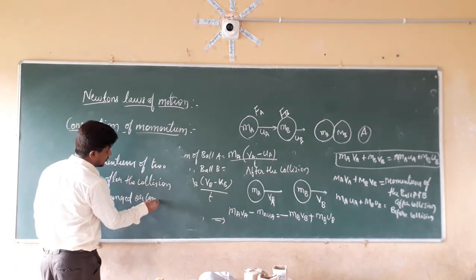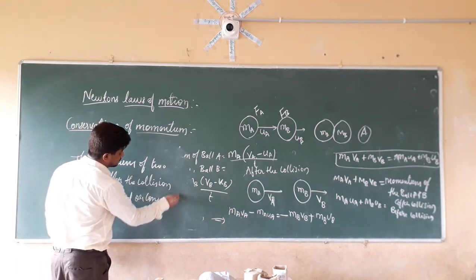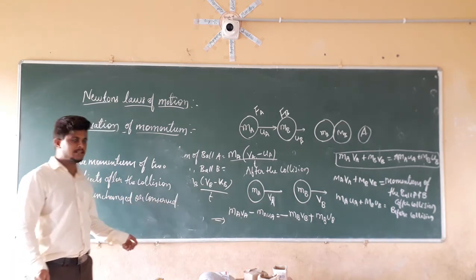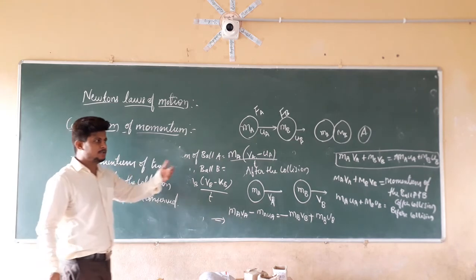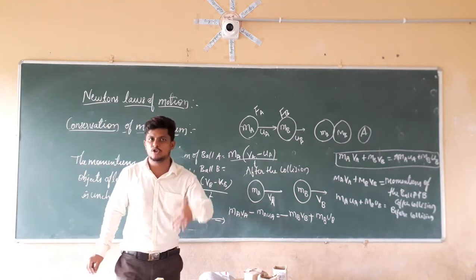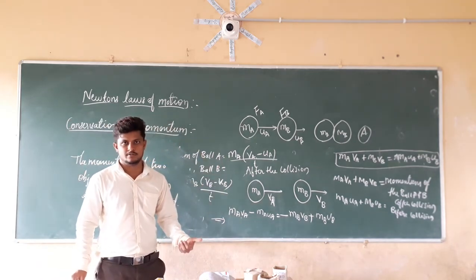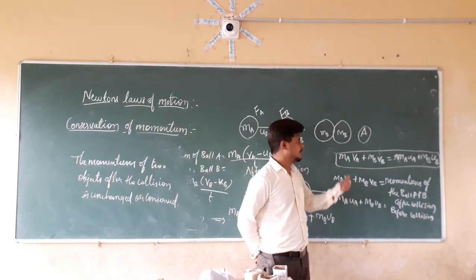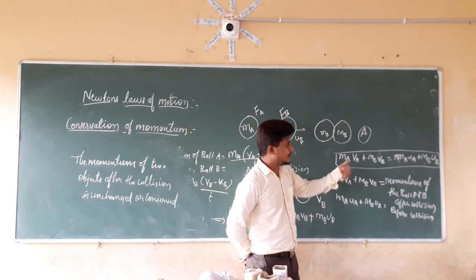So this is the law of conservation of momentum. That is, the momentum which is present before the collision is also going to remain after the collision. Right? That can be given as MA into VA plus MB into VB equal to MA into UA plus